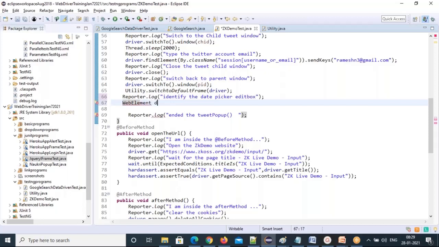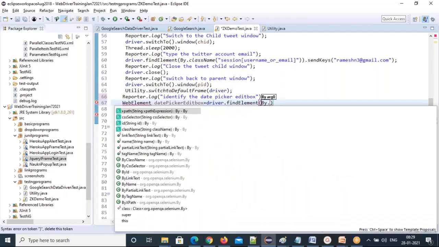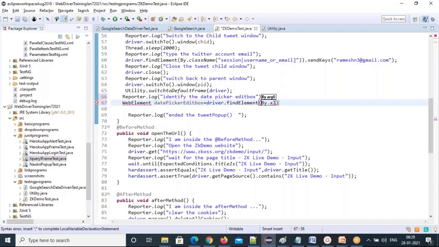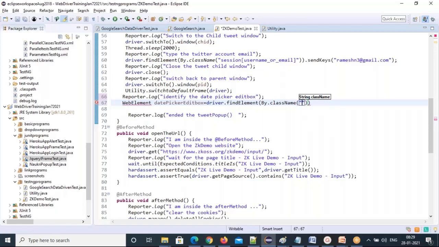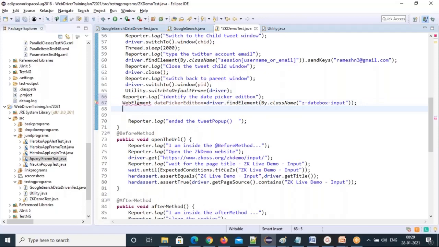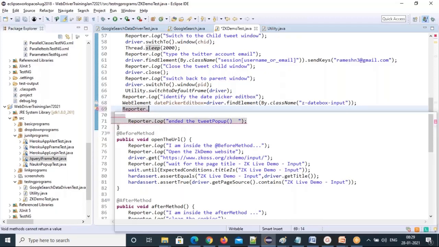Web element date picker edit box equal to driver dot find element by dot class name. So by dot class name, the class value. Just give the class value. So web element, import the web element.